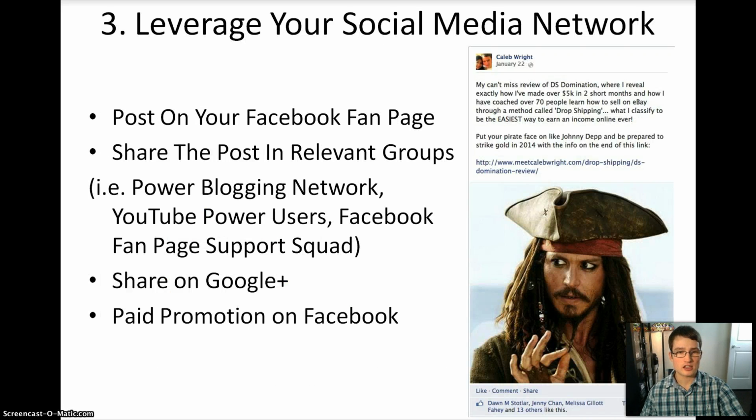So step 3 is leveraging your social media network. So the first thing you should do is go make a post on your Facebook fan page that's intriguing, that's going to get your fans, your reading audience to look at the post, and so I suggest using an image that attracts some attention. Here I've used an image of Johnny Depp as Captain Jack Sparrow from Pirates of the Caribbean. Got a lot of people looking at my post,